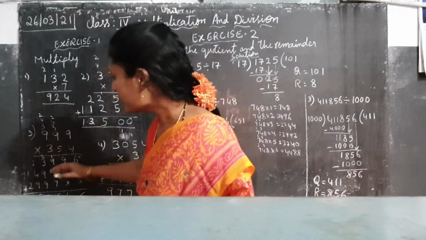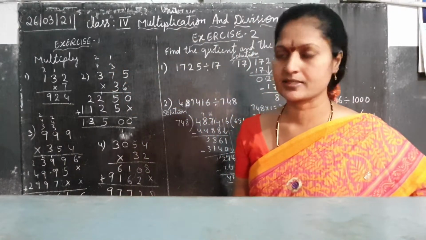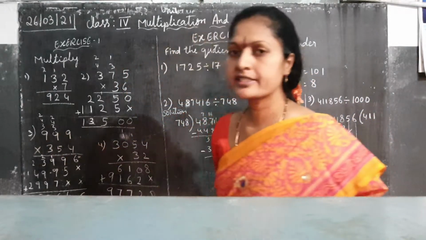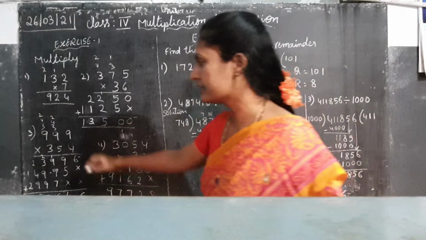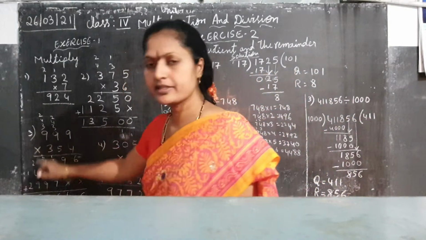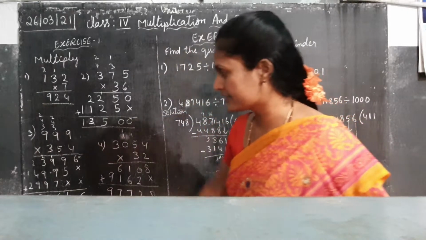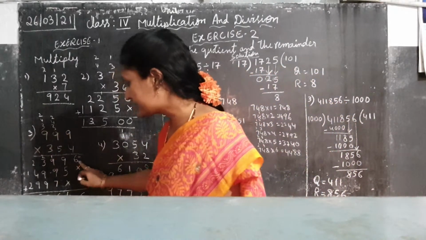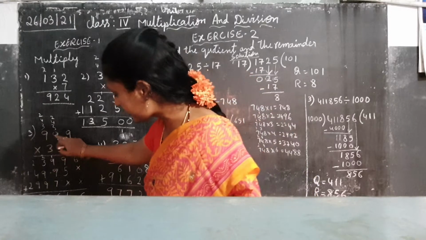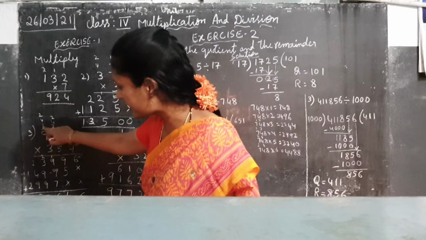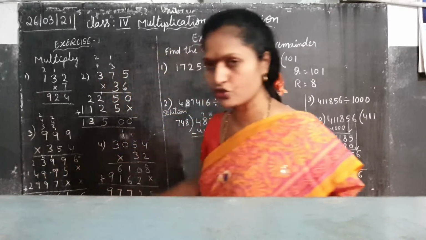Now the next one we have to multiply, 3 digits. 3 digits on top and 3 digits below also. Below we have the 4 table, 5 table, 3 table to write. Okay, 4 9s are 36. 3 carry and 6. Then 4 9s are 36 plus 3, 39. We have to write it. First row over.